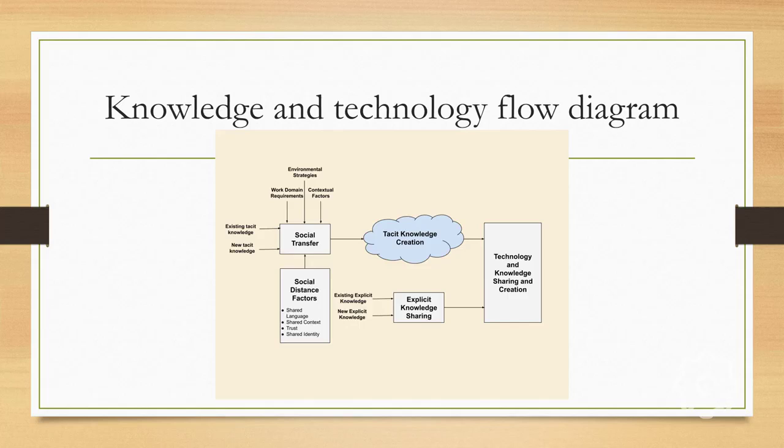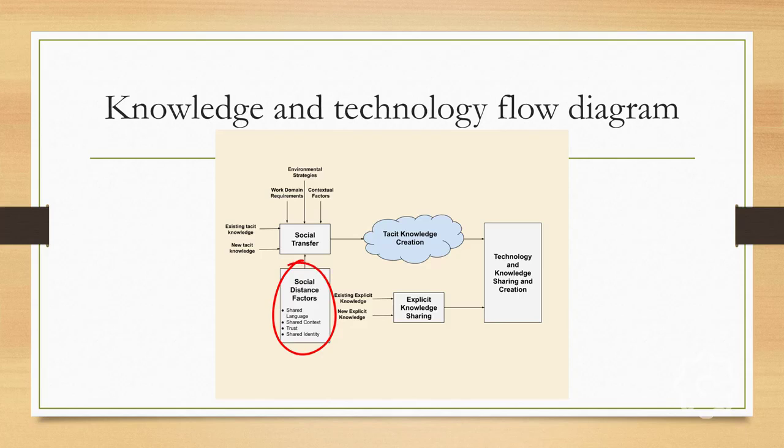This diagram shows how knowledge flows in the creation and adoption of technologies. Existing tacit knowledge from the partner organization is mixed with new tacit knowledge from social system elements of the technology owning organization through social transfer, defined as interactions between social systems through which knowledge transfer takes place. This social transfer results in the creation of new tacit information on the part of all social system entities.